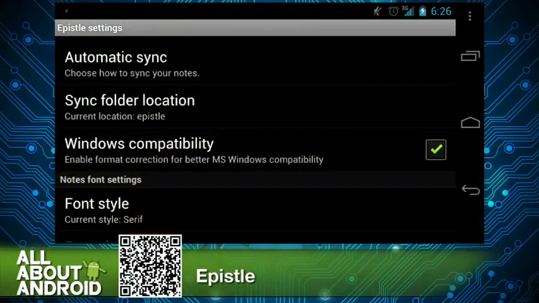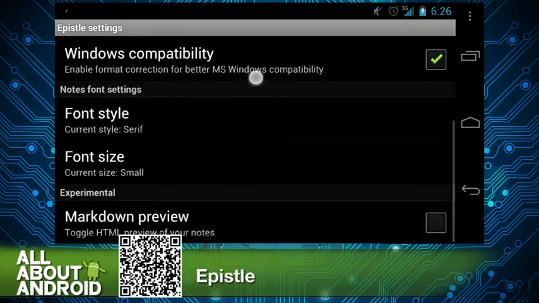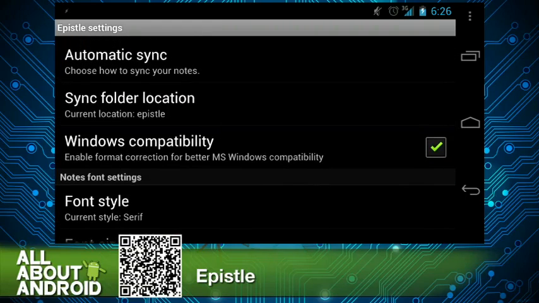If anyone's a web writer or does any kind of web work, you can save notes, and if you write in Markdown, that's kind of halfway between markup style, you can look at an HTML preview of your notes right there in Epistle. You can do all kinds of stuff. But basically at its heart, it's a note-keeping system, a text editing system that syncs to Dropbox.